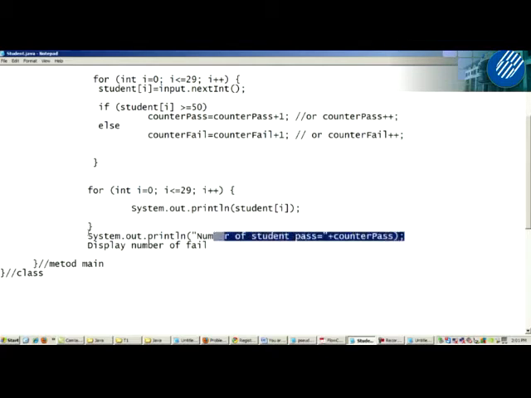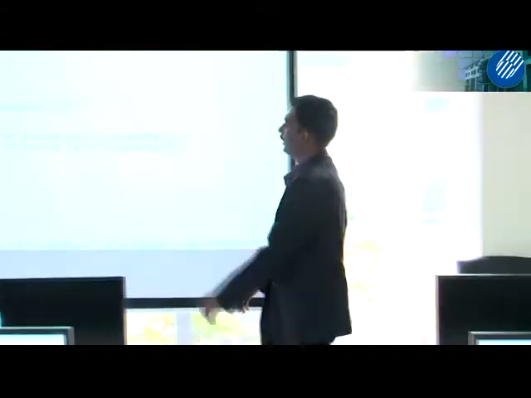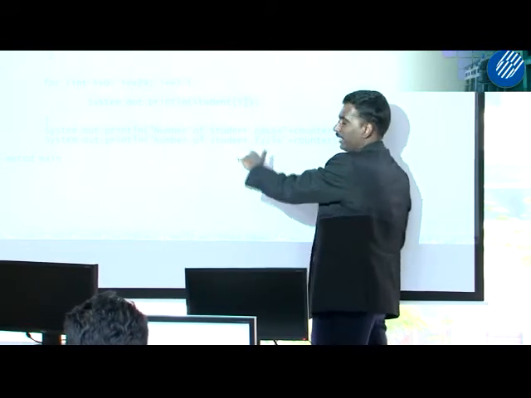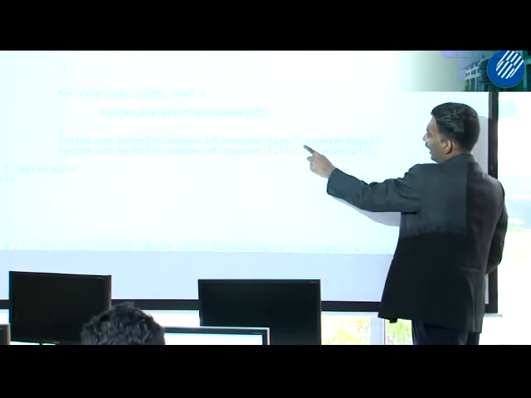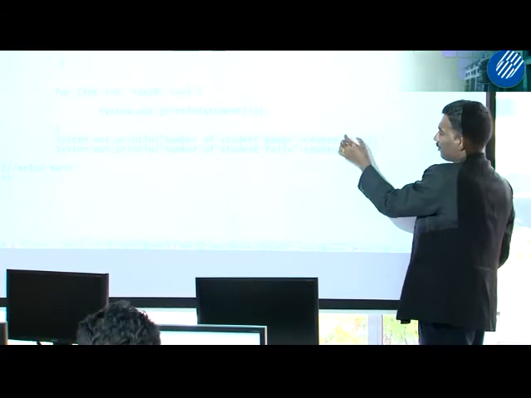Okay, so if you want to do it for number of fail, okay, the same thing. Number of student fail, counter fail. Okay, inside this quotation you can type anything you like. Okay, if you type in BM also no problem. Okay, but make sure the variable is correct, and you make sure you put plus, no comma, straight away plus and the variable name. Don't mix up, because here pass, here fail.